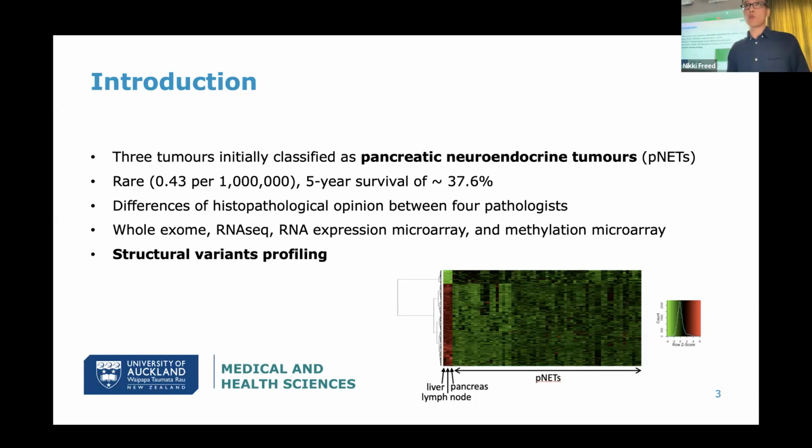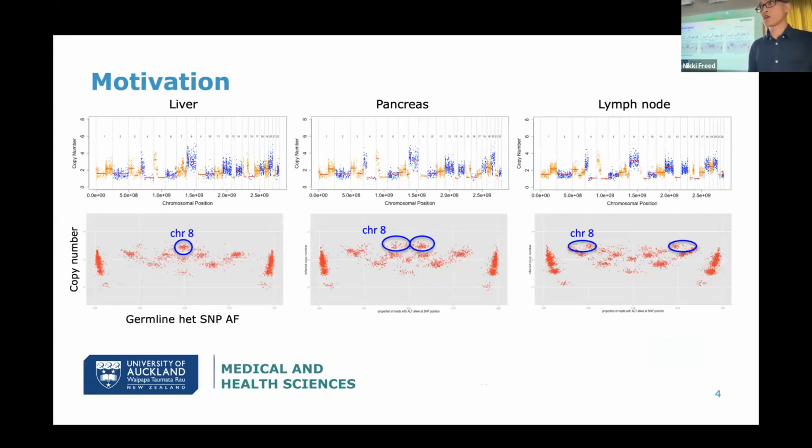But one thing we couldn't do well with short reads is look for structural variants. And this is what my talk will be mostly about. So the motivation comes from, so this is the copy number of the 3 tumors. On the top, it's basically just a concatenation of all the chromosomes, and the line indicates the inferred copy number for that particular chromosome. As you can see that the 3 tumors are highly similar in terms of the copy number, but they are extremely highly